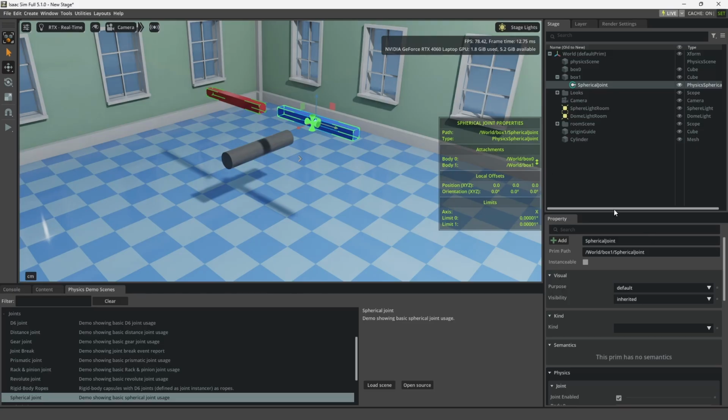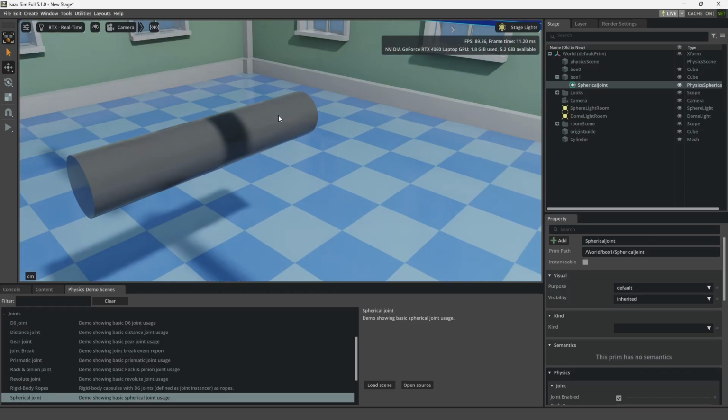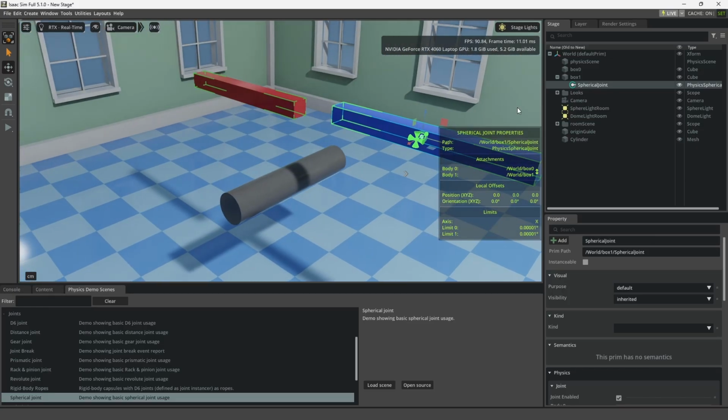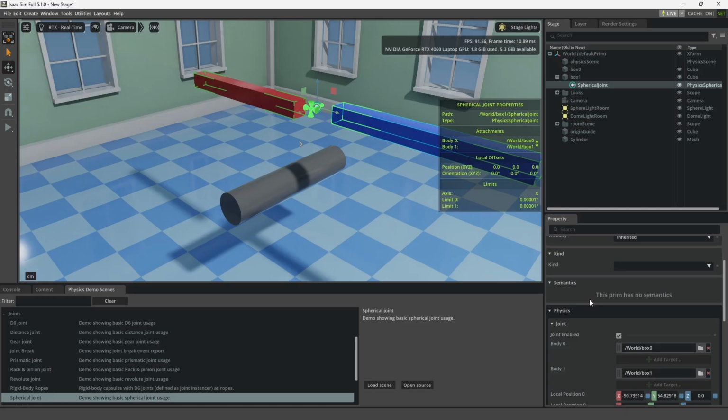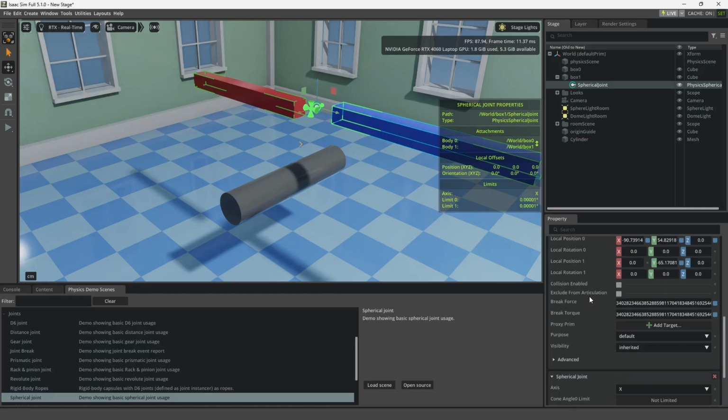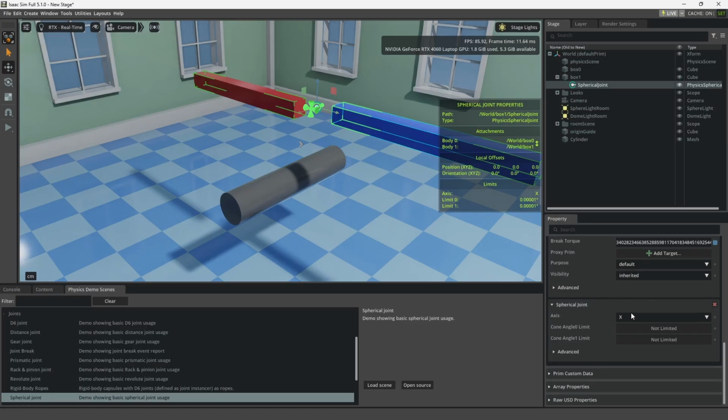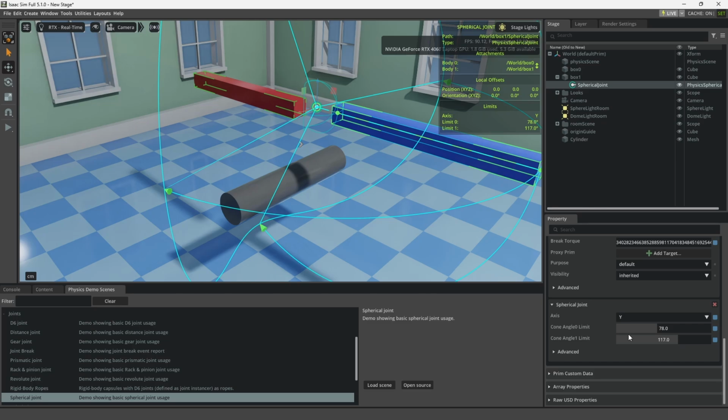Spherical, and then again, just like always, it ends up in the center of the original, or like the beam here, so we can just pick that up and move it back to where we want and come down here and alter the axis if we want, or we can bump up the angle a little bit, like let's go to Y. There we go. If we want to go Z,